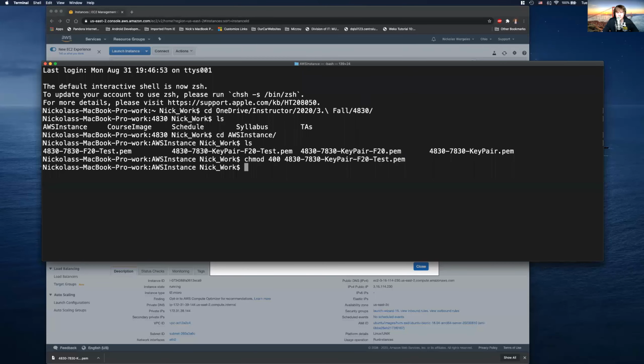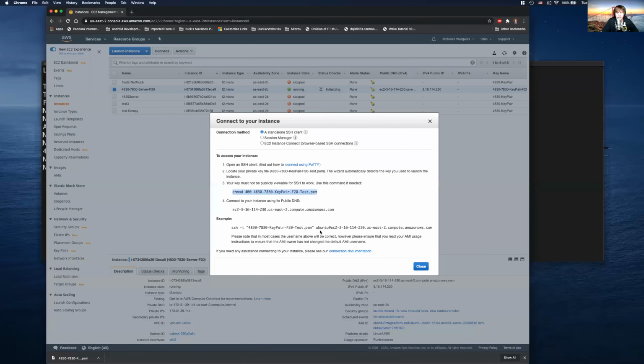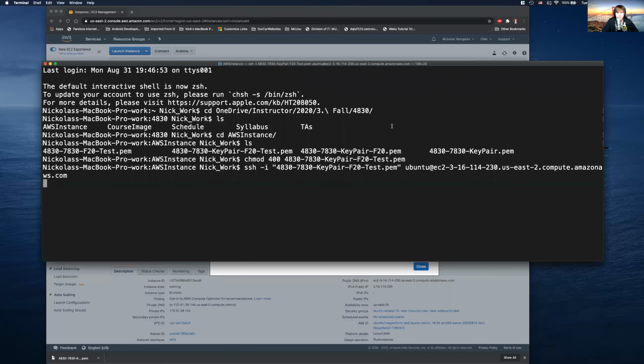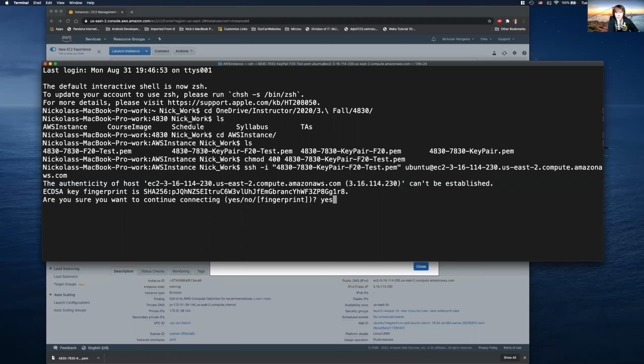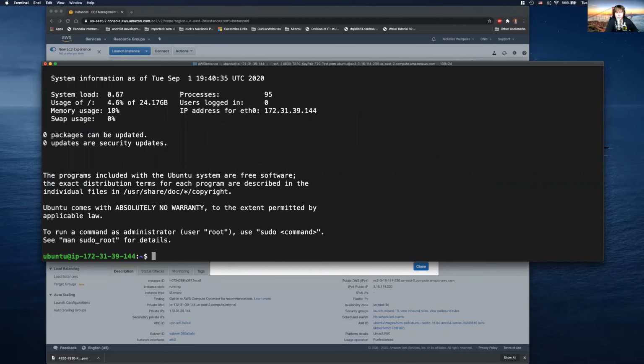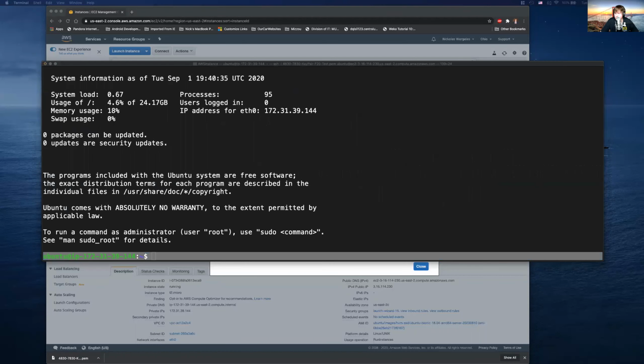Run the commands, chmod 400, SSH into Ubuntu. Select yes to memorize the fingerprint. I'm on the server. You'll see it change to Ubuntu. Okay, once you're on the server,